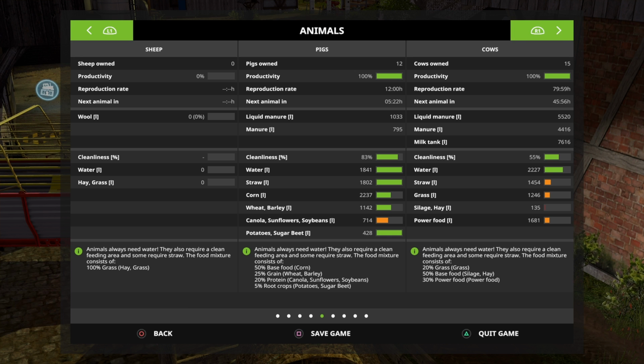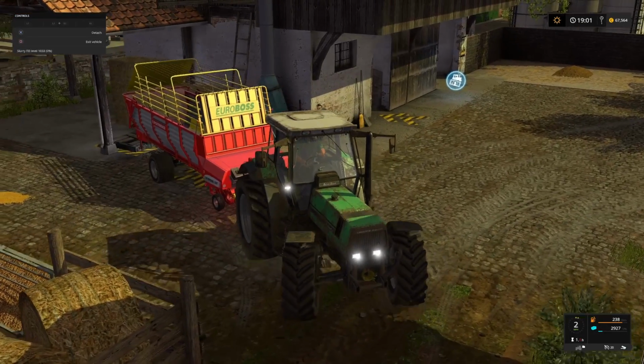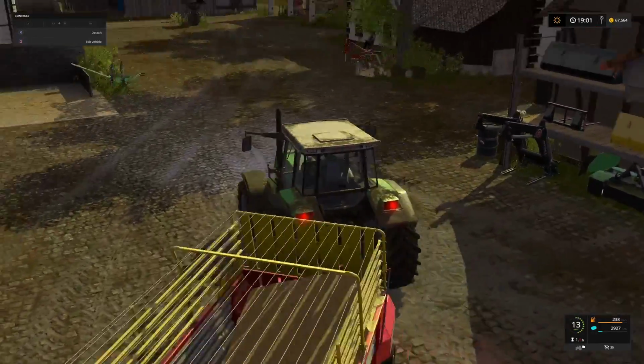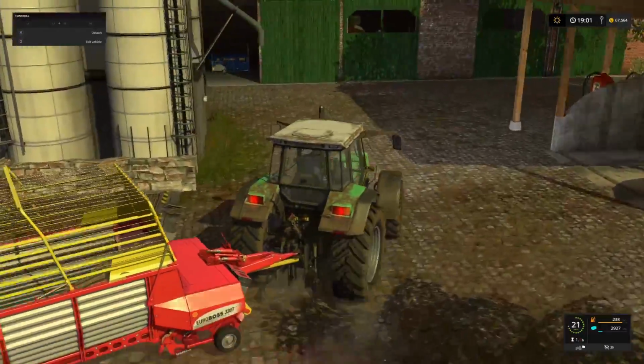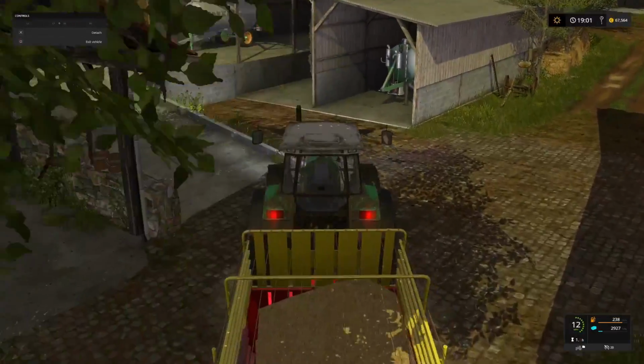And I think we added maybe a fraction of straw there, but not much, if anything at all. We're pretty much full on straw for our pigs. Let's drop this with the cows then, give them a nice top up. So again, the top up point for the cows is...